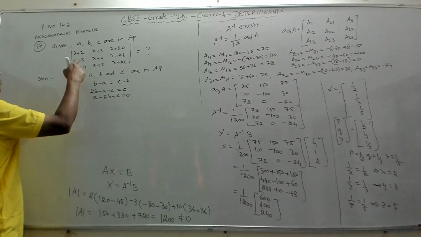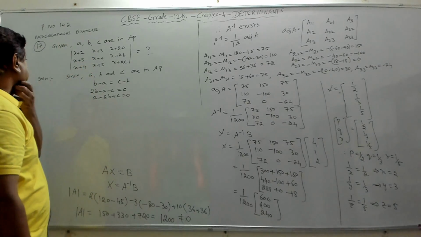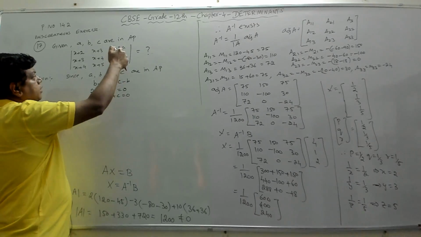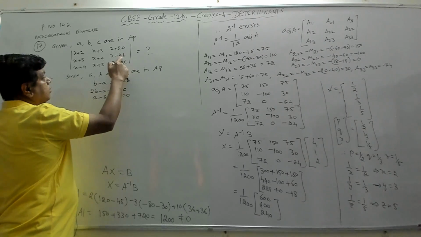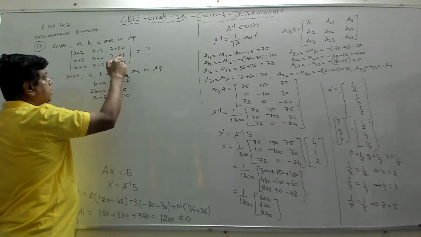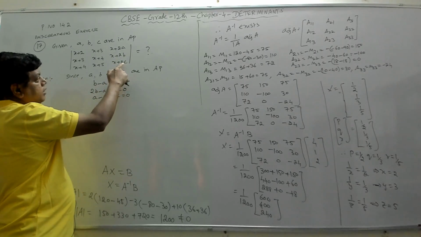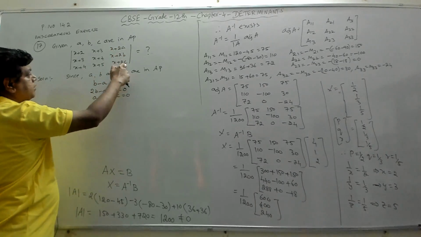Right? Now let's observe this determinant. Suppose a minus 2b plus c is 0. So here you have a, here I have a minus 2b, here we have 2b, here we have 2a, here we have 2b, so there is a minus on this, and plus c, here we have 2c. So there is a, then minus this, then plus this.